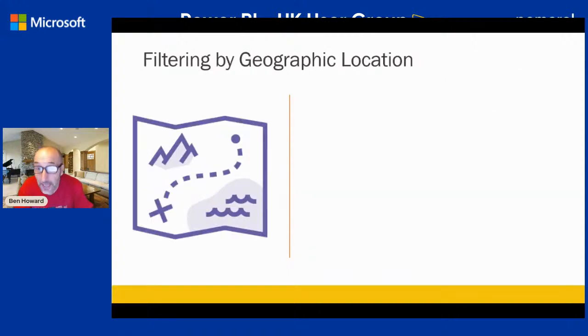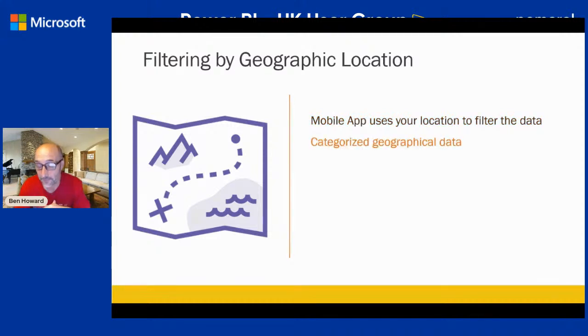The geographic location is perhaps a different view on how you could utilize some of your reports if you have got geographical data. Okay. So the app uses your location to filter the data,